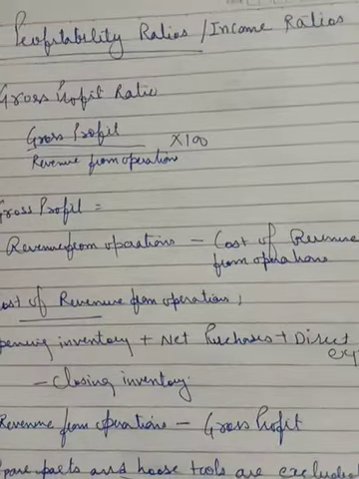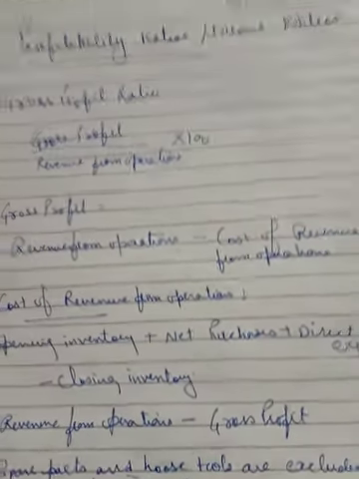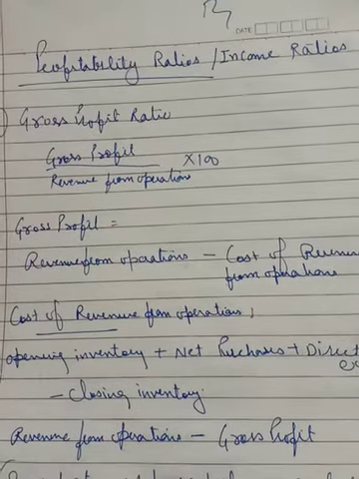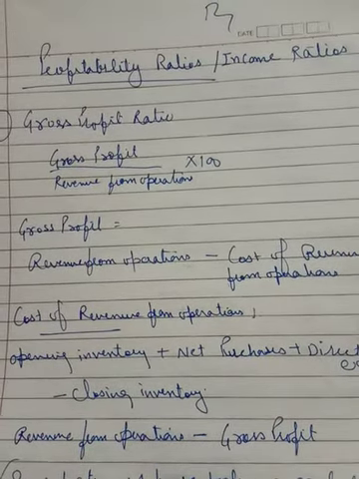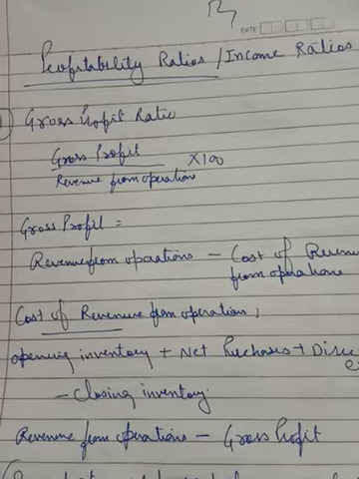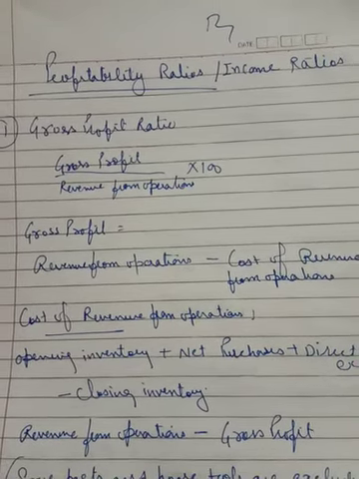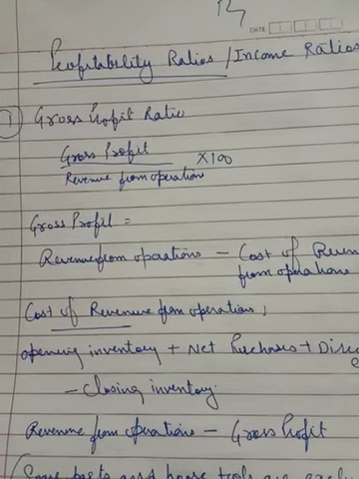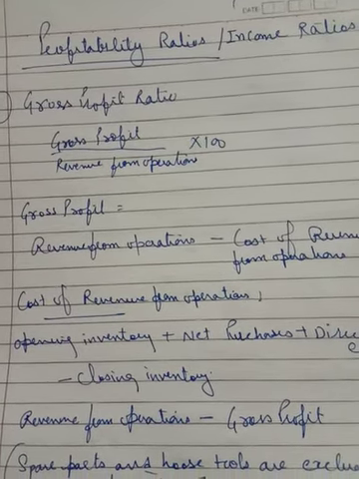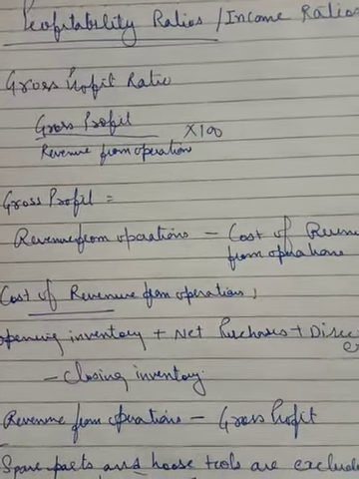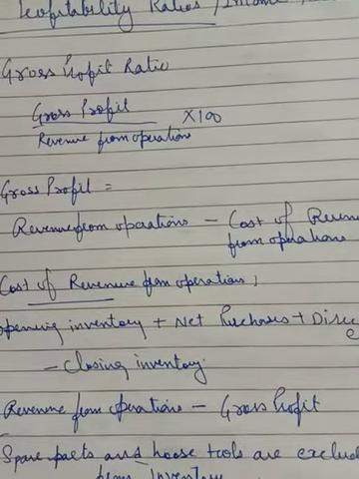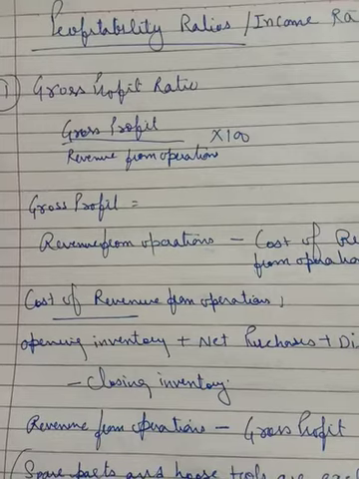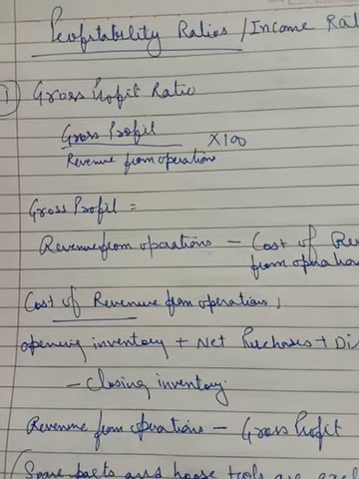Next ratio is profitability or income ratio. The purpose of this ratio is just to know that profit is adequate enough for the capital invested by the investor, or to know the efficiency and success of business that can be measured with the help of this profitability ratio. With the profitability ratio, one can easily know how successful he is in the business ground, and it is basically the yardstick for measuring the efficiency of business.